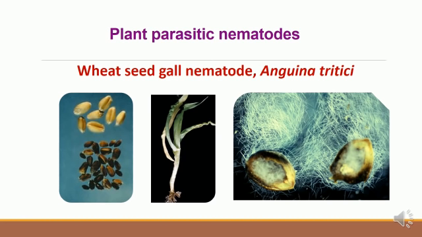The most specific symptom is the conversion of either all or a few grains into ear cockles. The cockles or galls are smaller, dark brown and irregular in shape compared to healthy seeds. See the first picture, it's the wheat seed galls. The upper one is the healthier seeds.